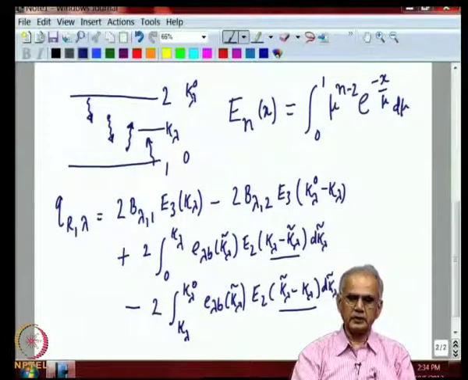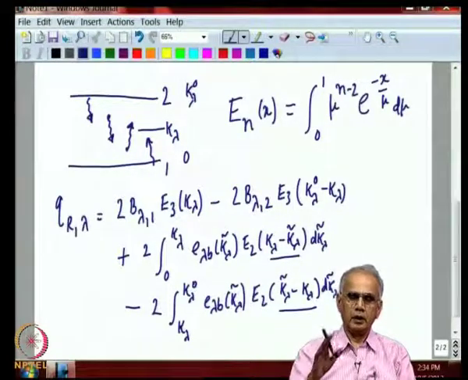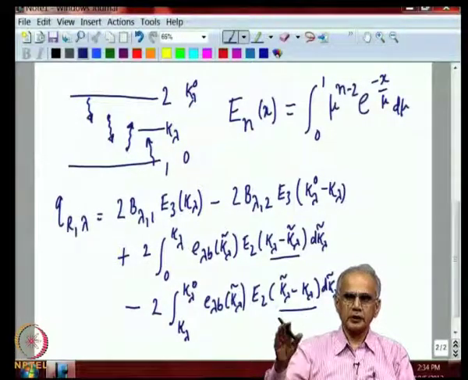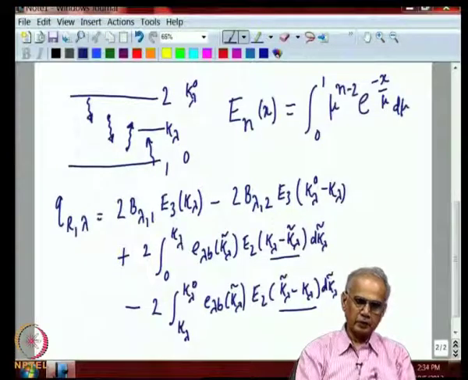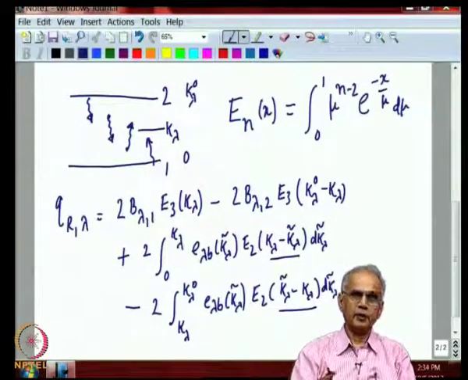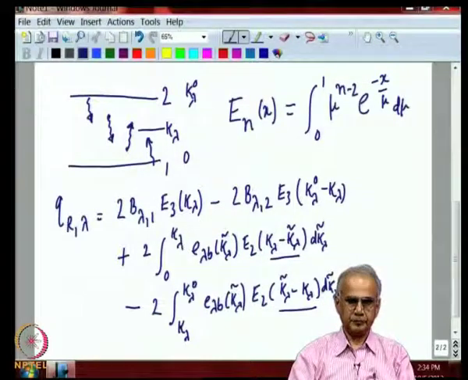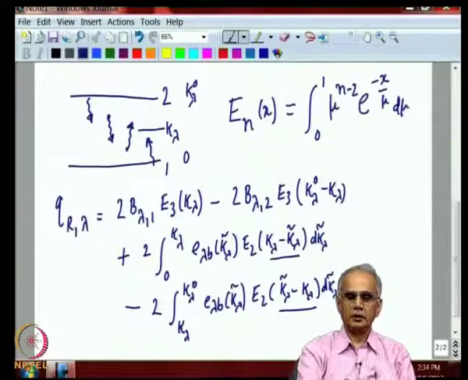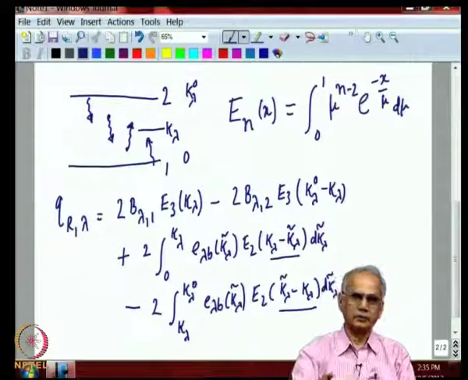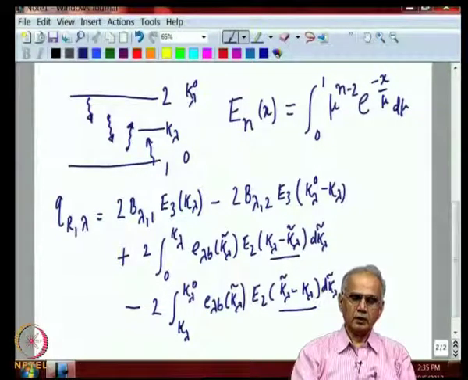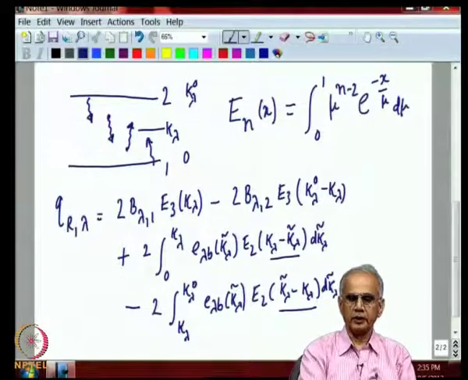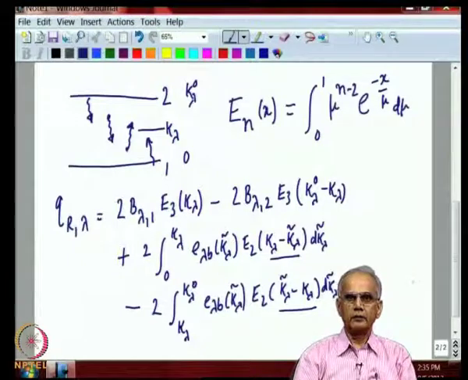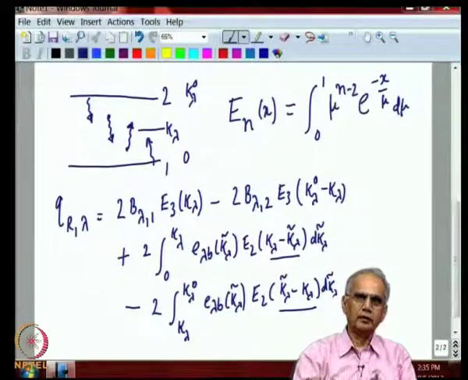So, what we have done essentially is, in problems in radiation transfer, there are three levels of integration involved. You have to integrate over angle, you have to integrate over wavelength, and you have to integrate over space. So, we essentially have separated these three actions. The angular integration is built into this function E n of x. Spatial integration is involved in this equation here, and we need to do somewhat later the wavelength integration.